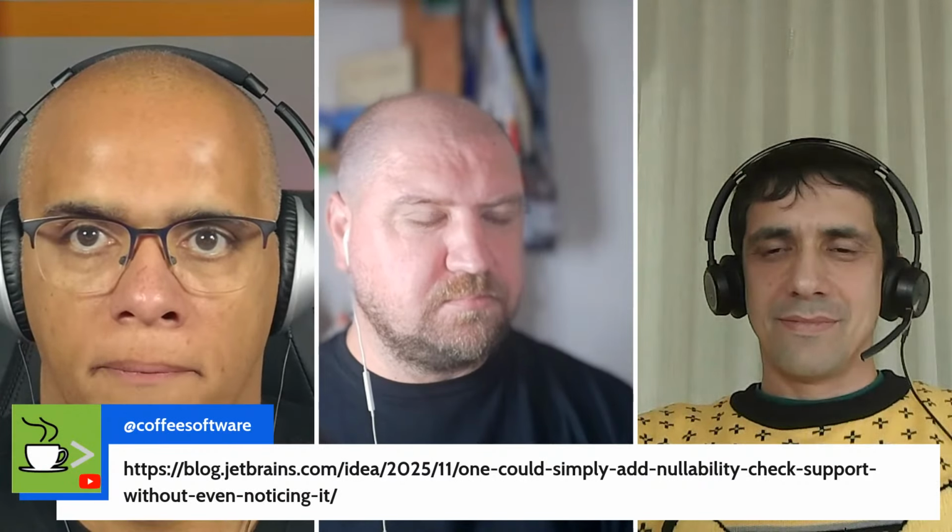But I want to pivot for just one second. IntelliJ just came out with a new release, and actually, a couple of things happened. First of all, I was a fan of Fleet. I was using it, though not at the scale it could be used at, but I liked it. And Fleet's now gone. That's okay. It was fun while it lasted.